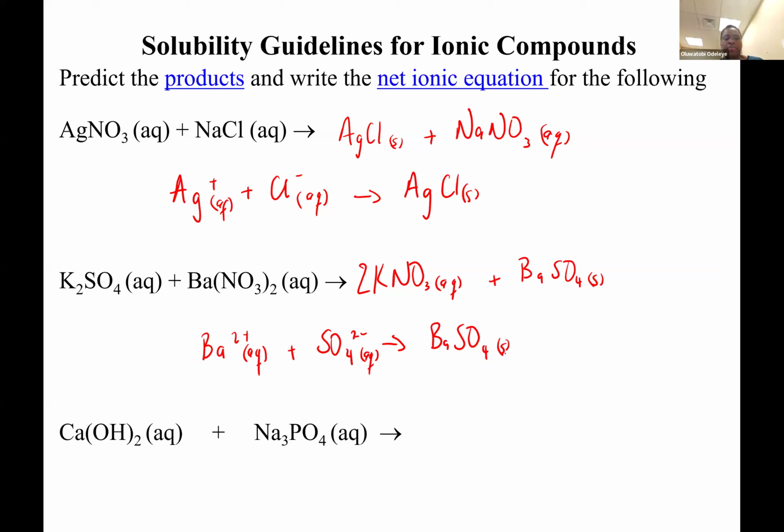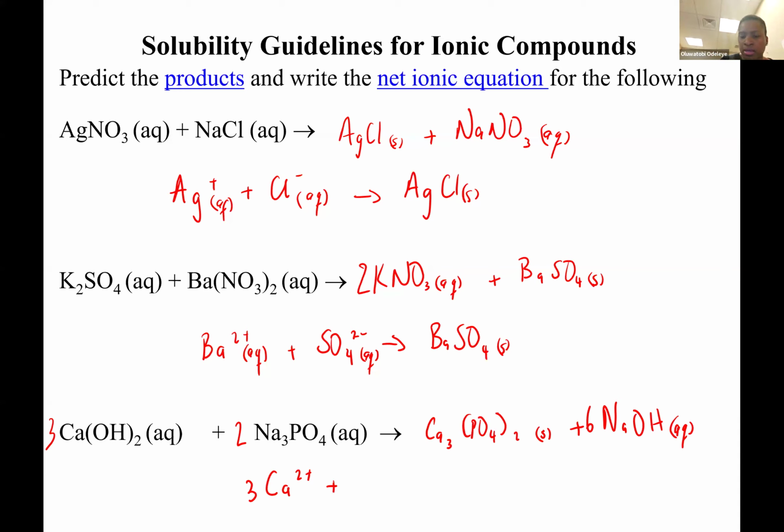Okay, calcium hydroxide combining with sodium phosphate will give me calcium phosphate, which is a solid, again, solubility rules, and sodium hydroxide, which is 6, 2, 3. Yeah, I think we're good. And sodium hydroxide is aqueous again because of my solubility rules, and the net ionic equation here is Ca2+ and phosphate PO4 3- 2 of that to give me Ca3(PO4)2